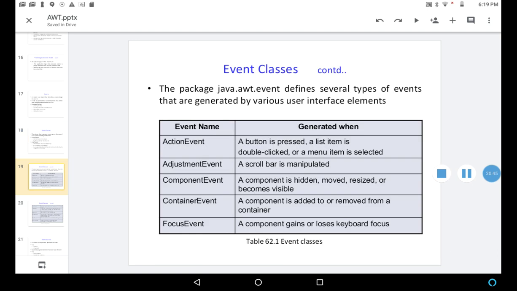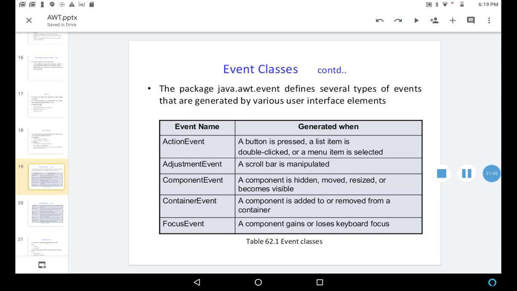The package java.awt.event defines several types of events that are generated by various user interface elements. Suppose the event is ActionEvent. What does that event mean?